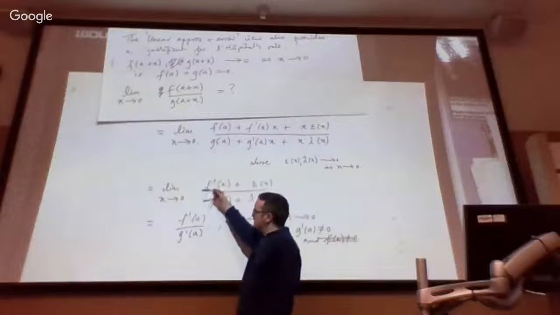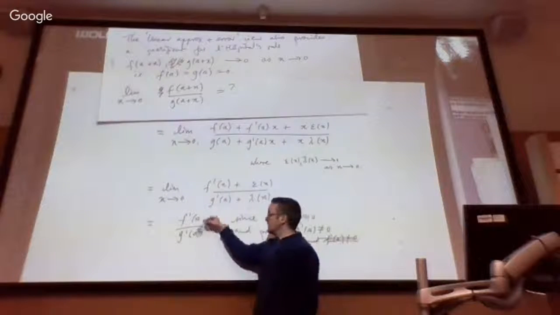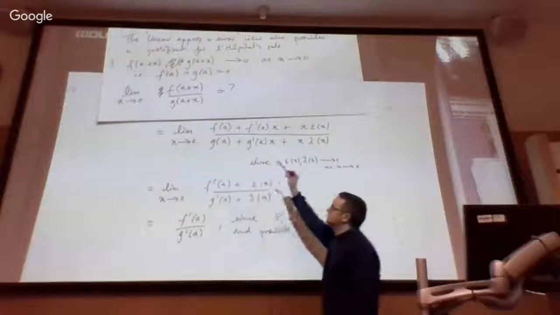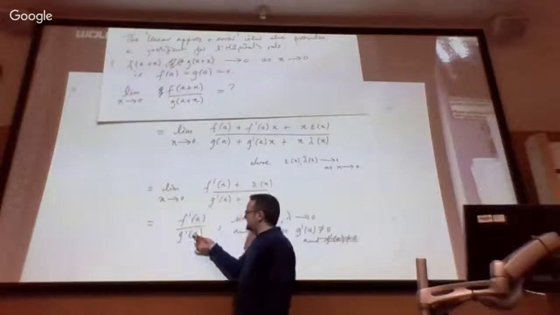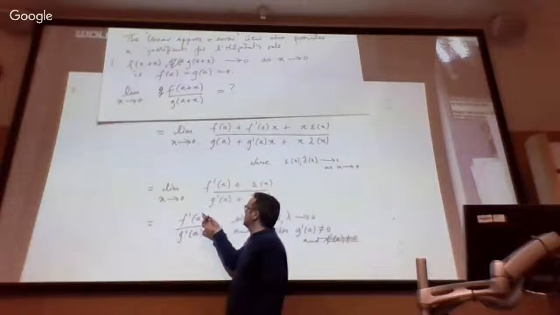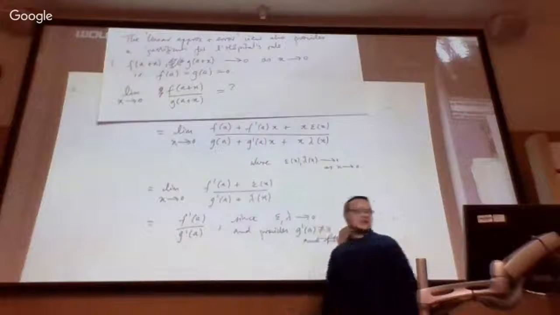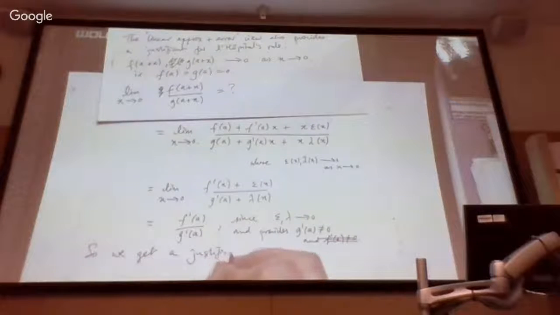So in that case, the conclusion would be the limit is infinity, either plus infinity or minus infinity, depending on what the sign of the f prime a was. And then that would be the correct conclusion to the original limit. But in the case where they were both 0, that wouldn't make any sense, but it replicates the problem, and we'd be able to apply L'Hopital's rule again. So we get a justification for L'Hopital's